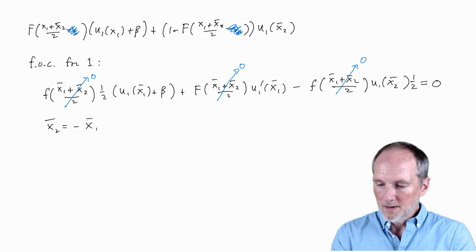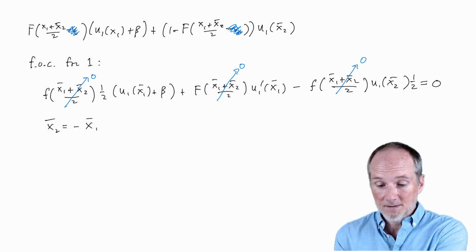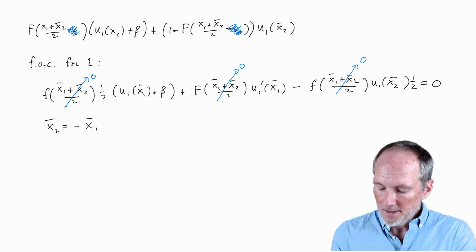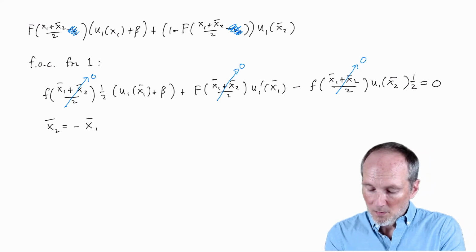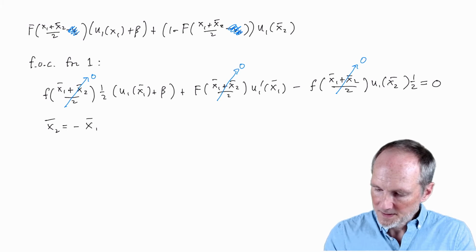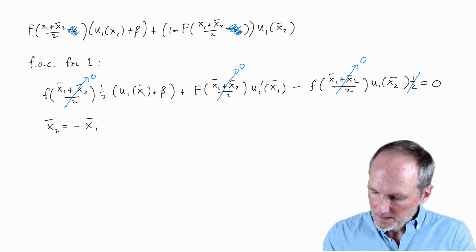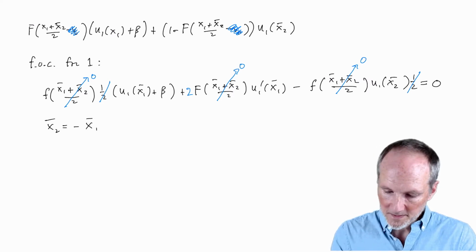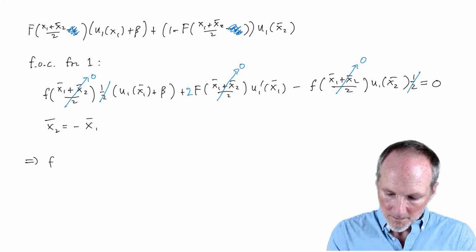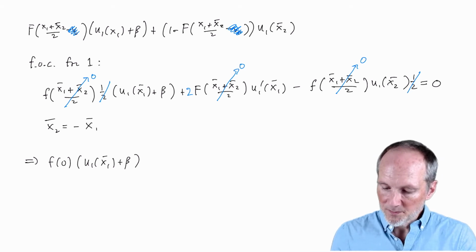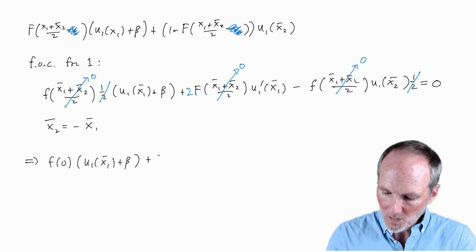Obviously, if we impose symmetry and just try to understand those equilibria, things are drastically simplified. Let's multiply the left-hand side here by 2, and obviously 2 times 0 is 0, so we can basically get rid of this and this, and we'll just add a 2 coefficient here. Now let me just rewrite all this. So we have f evaluated at 0, that is the density, times the politician's utility if their proposal is the one that's chosen, plus 2 times,